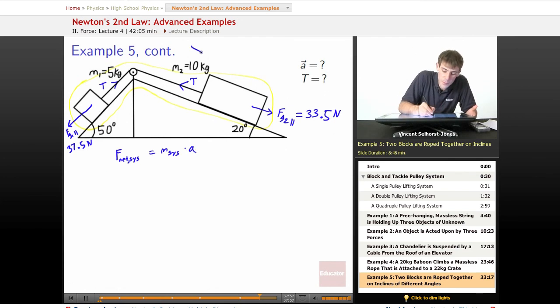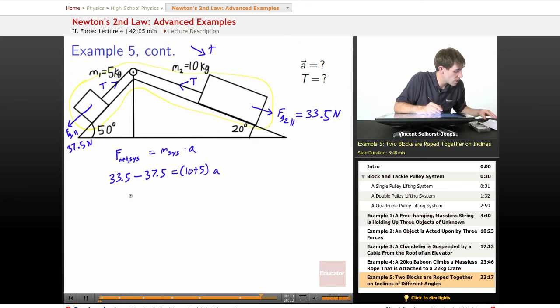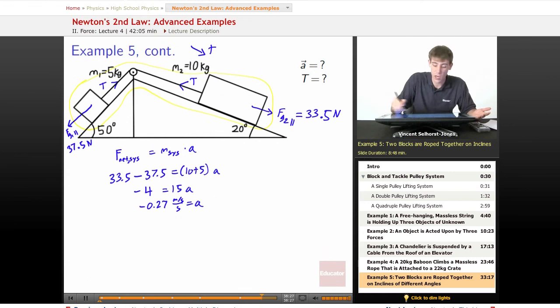Let's make to the right our positive, as that's normally our positive, so we'll keep that. So we've got 33.5 pulling to the right minus 37.5 newtons is equal to, what's the mass of each piece? Well, 10 plus 5 times our acceleration. So we start solving things out. And we've got -4 equals 15 times the acceleration, which gives us -0.27 meters per second squared equals our acceleration, which makes sense because as we talked about before, we're going to see